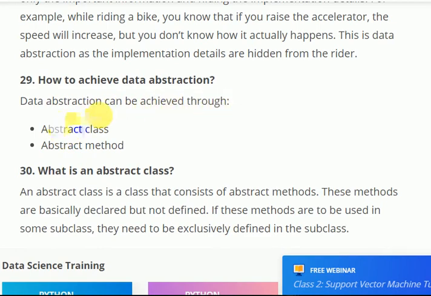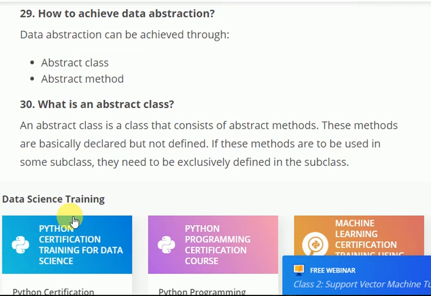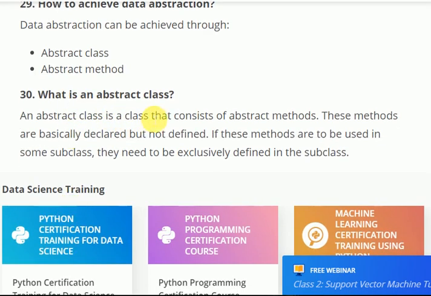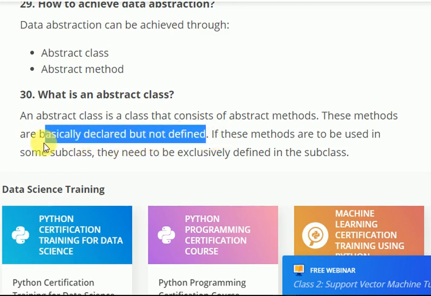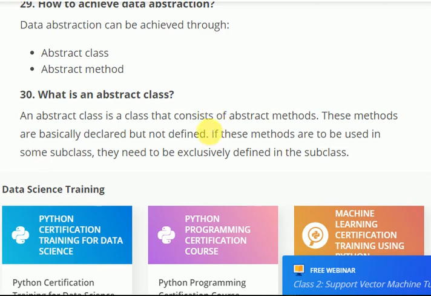Abstraction can be achieved through an abstract class and abstract methods. An abstract class can have abstract methods as well as normal methods. Abstract methods are methods which are basically declared but not defined. It means there is no code written inside them. It just knows what parameters it should take, but doesn't know the code inside.